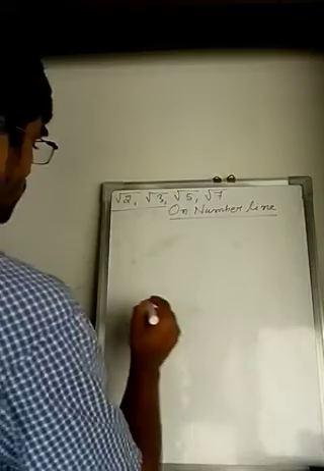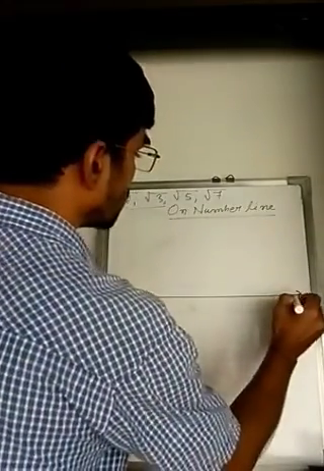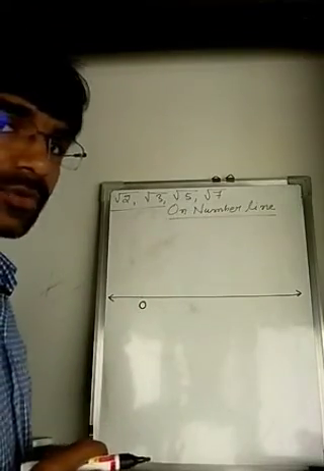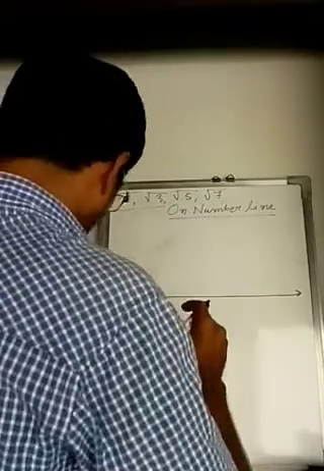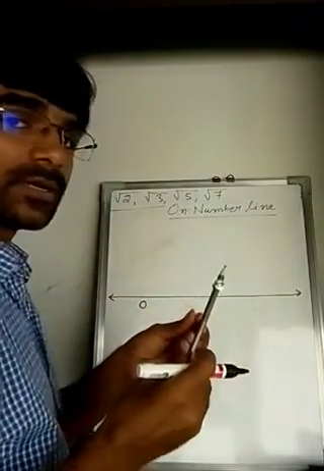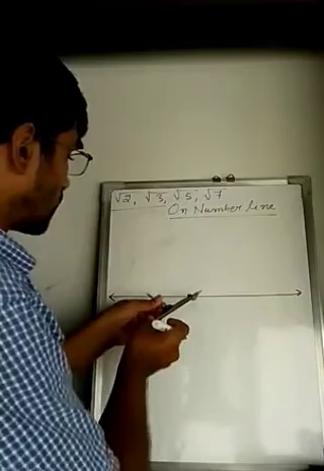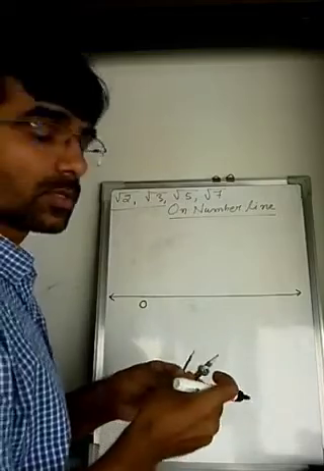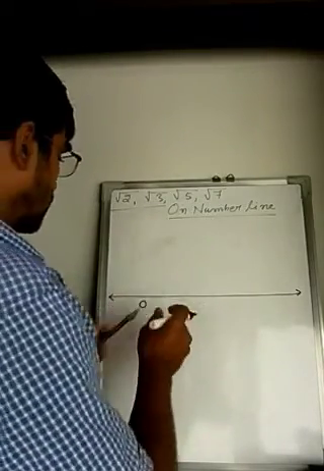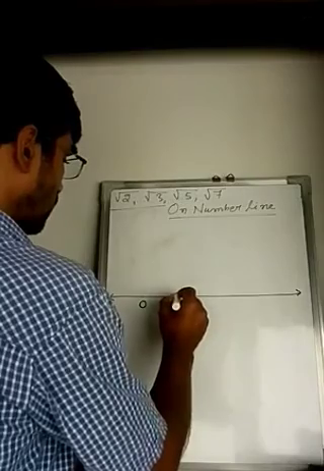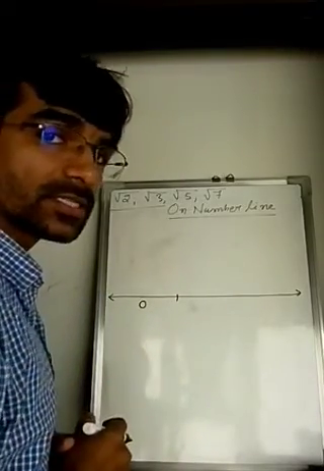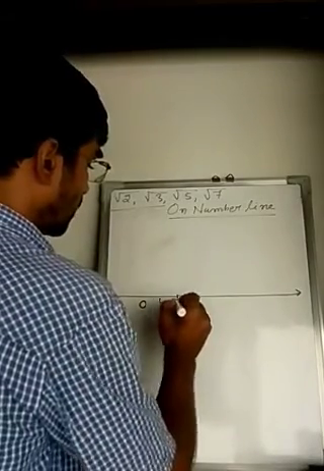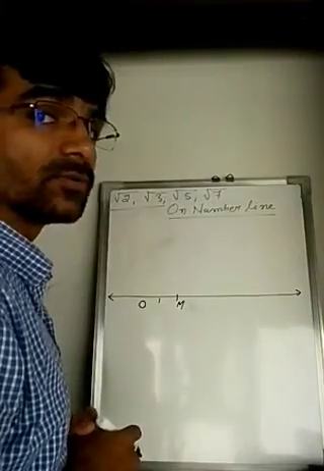So here with the help of a scale we can draw a number line, a straight line. Now this is O, the initial point, that is the starting point. From here with the help of a compass you have to cut the length of the unit distance. If I take this much, then on the base also and the perpendicular also we have to take the same. So I have taken this one side, for example 1. This distance is called unit distance. Suppose this point is M. OM is 1, that is the unit distance.